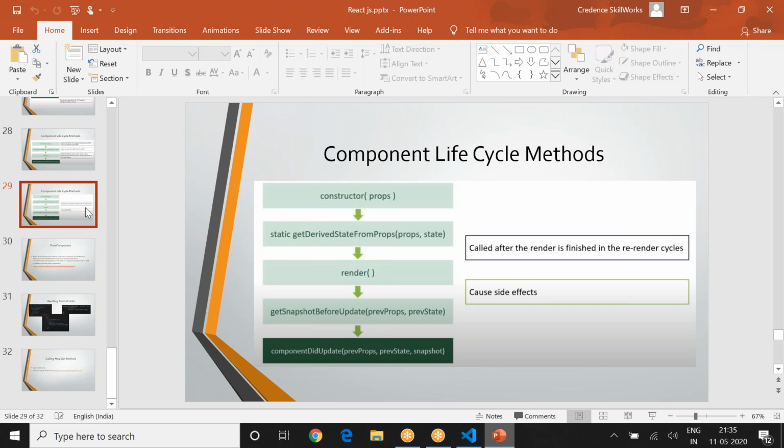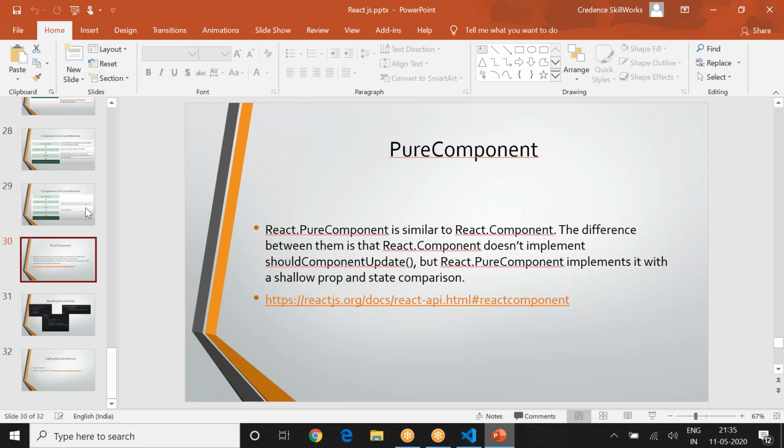Now one more important thing I want to tell you. This is not very important, but I observe that we use it in our company specifically. This is called a pure component. There is a difference between component and pure component and how the data gets refreshed. So to show that, we will quickly take a demo. Okay, create a pure component.